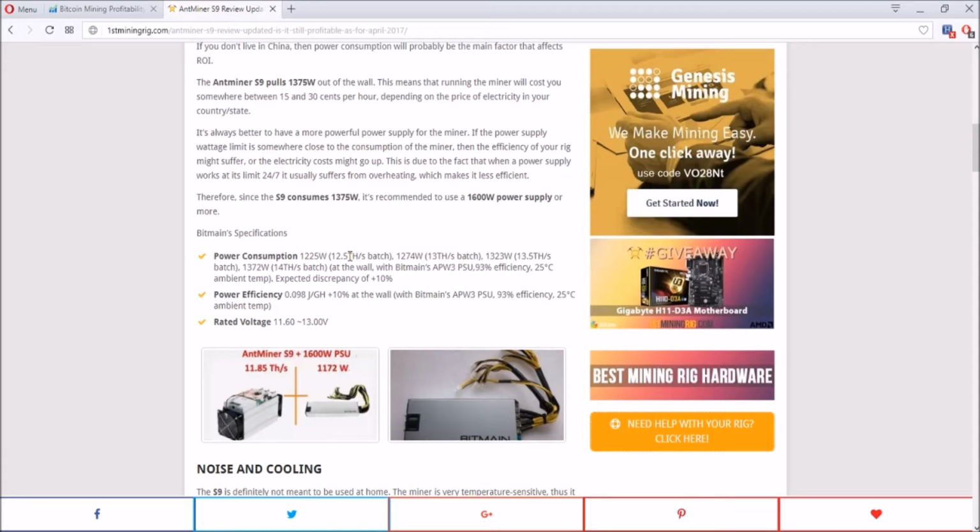It goes for around $1,600 at the base value. If you buy it from other resellers, they might charge way more than that. I know that on Amazon, someone was selling it for like $4,500, which is ridiculous. Please do your research before you even consider buying this. Anyways, this thing pulls 1,375 watts out of the wall. So yeah, the electricity bill is going to rise pretty high if you guys are using this